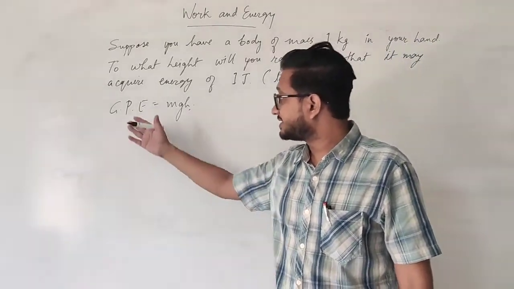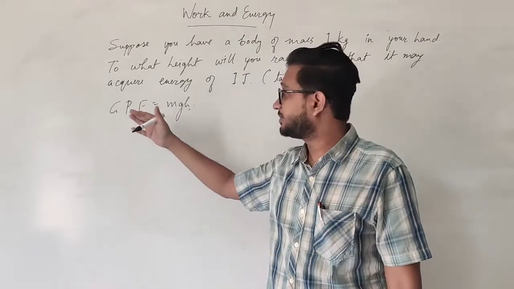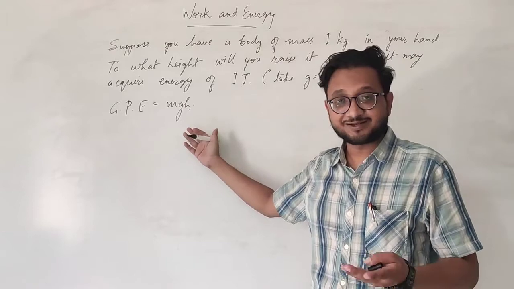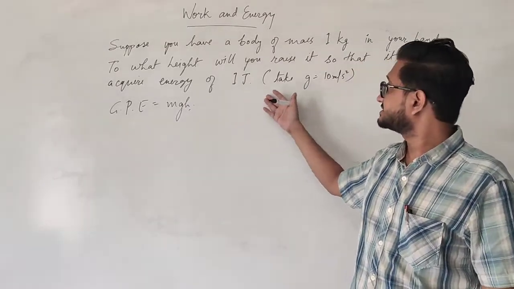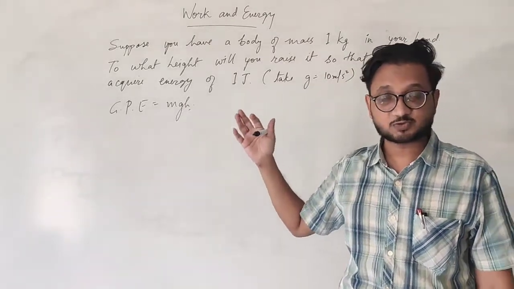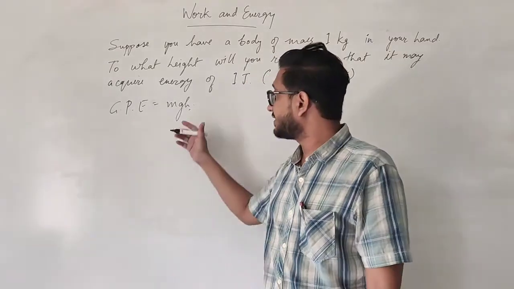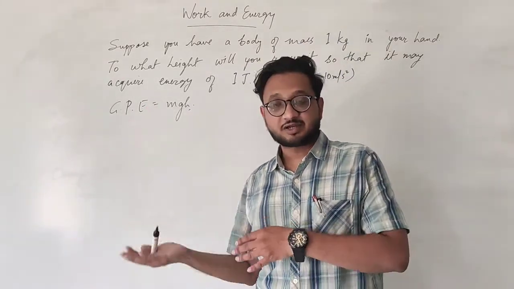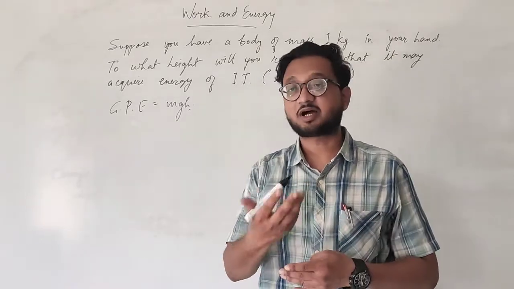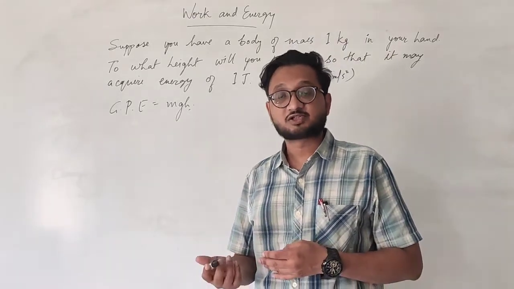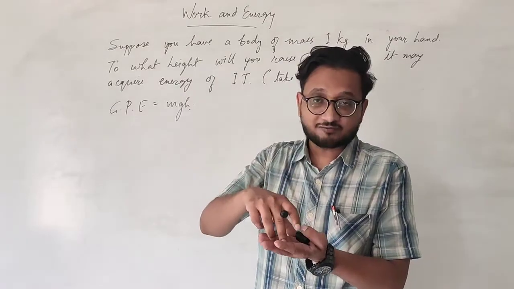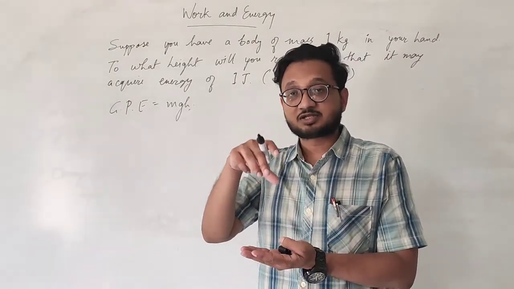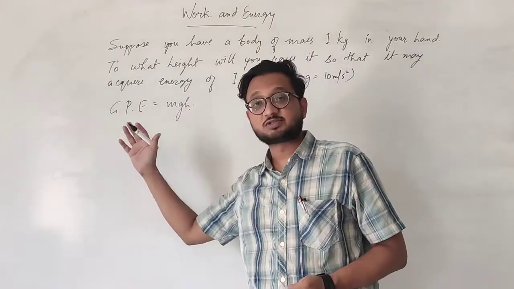So obviously you have been given potential energy, you have been given mass, and g is acceleration due to gravity, which is 9.8 or 10, and in this case it is given as 10 meters per second square in the question. So you have all three values, you can find the height. So if the energy is 1 joule, what will be the height? If you find that height, you know at what height you should raise the object in such a way that its energy is 1 joule.